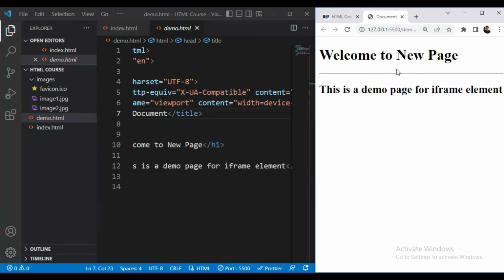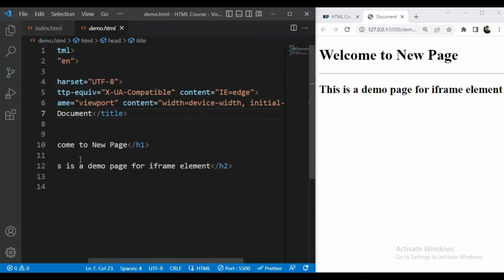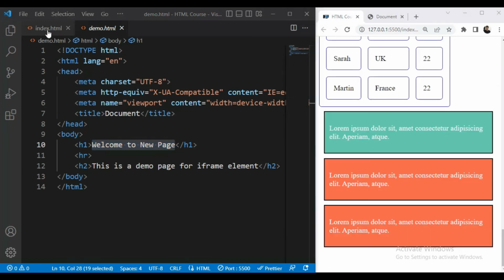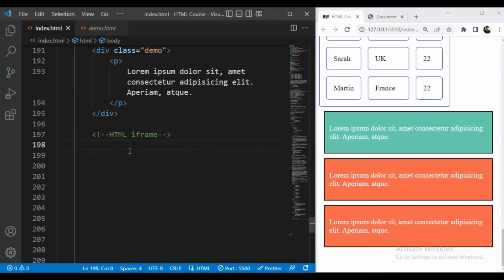So this is our new page and its name is demo.html. So in this page we have a h1 tag, welcome to new page, then hr, and then we have h2, this is a demo page for iframe element. Okay. So now we will see the iframe element.